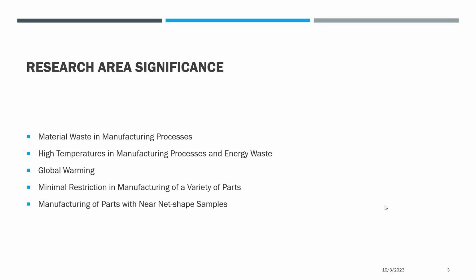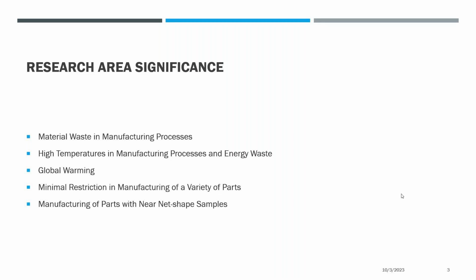High temperatures in manufacturing processes mean energy waste. Again, it is related to the waste of energy and material. So SLM has proven to be a much more sustainable way of manufacturing different parts from a variety of industries,